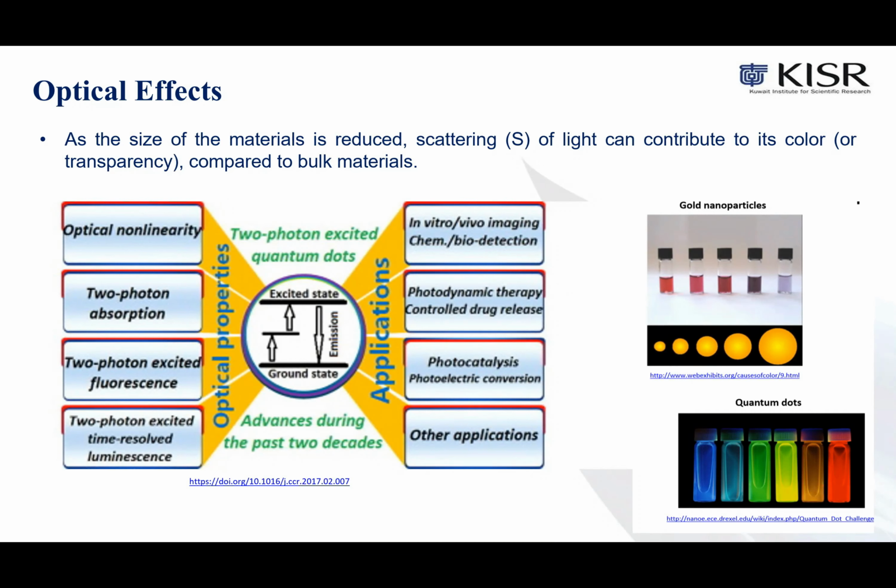For instance, we can see here in the figure that we have different colors. This happens because as the size of the gold colloid decreases, its color changes when the light hits these colloids. This effect was first observed by Faraday, and the color was used to stain glasses for 100 years before this phenomenon was understood at all.